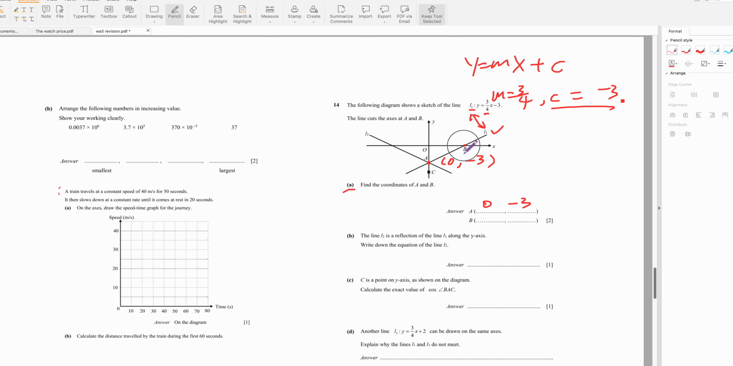This one. So you don't know the x, right? But you know the y is 0, right? Yes. Then put it in. So my y is equal to 0. Then 0 equals 3/4 x minus 3. So what is x? X equals to